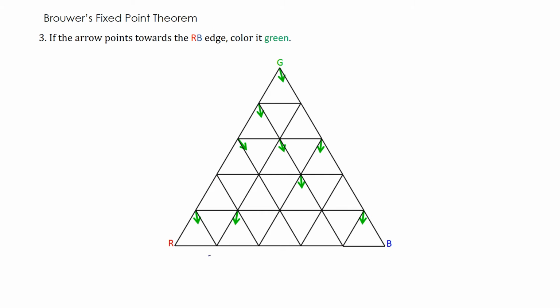These vertices are moving towards the RB edge, and so they are colored green. And these vertices are moving towards the GR edge, and therefore they are colored blue. You can color the vertices using the label that's not involved in the edge. Now